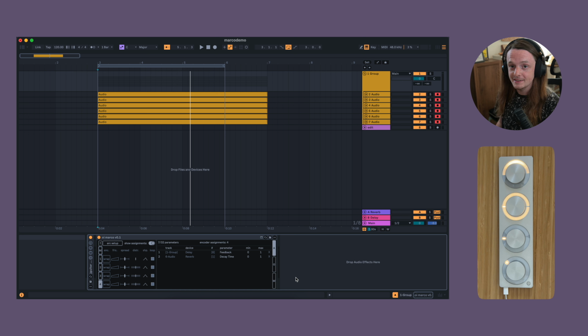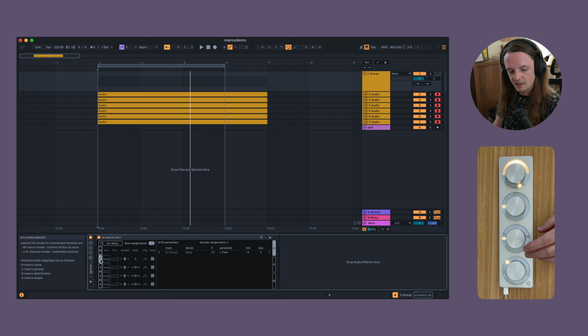So I've shown you how easy it is to set up mappings with Marco, but the magic isn't just that you can map multiple parameters so easily. You can also explore the relationship of mapped values within that macro. So if I go to channel 1 to play around with the delay times a bit, these middle encoders, I can use them to control the spread range and distribution of mapped parameters. So if I adjust these a little bit here,